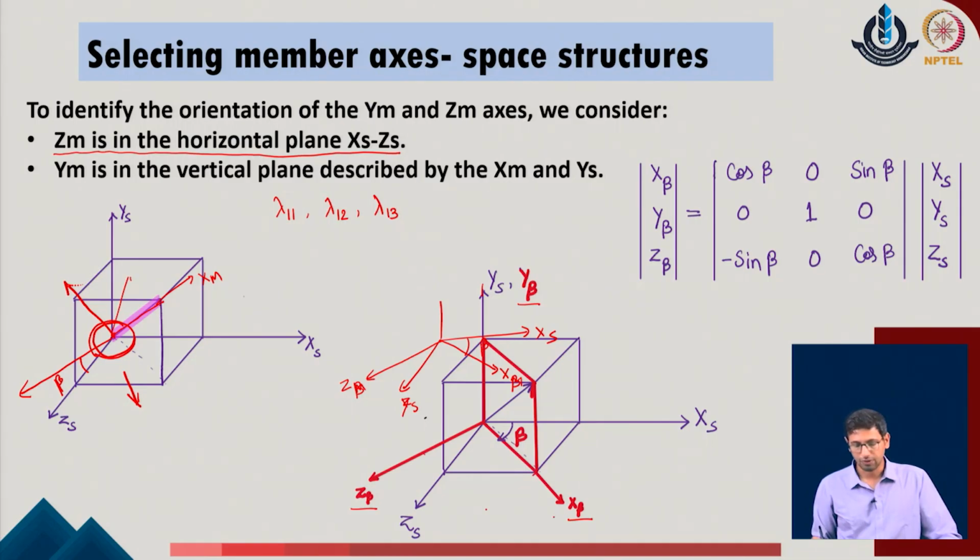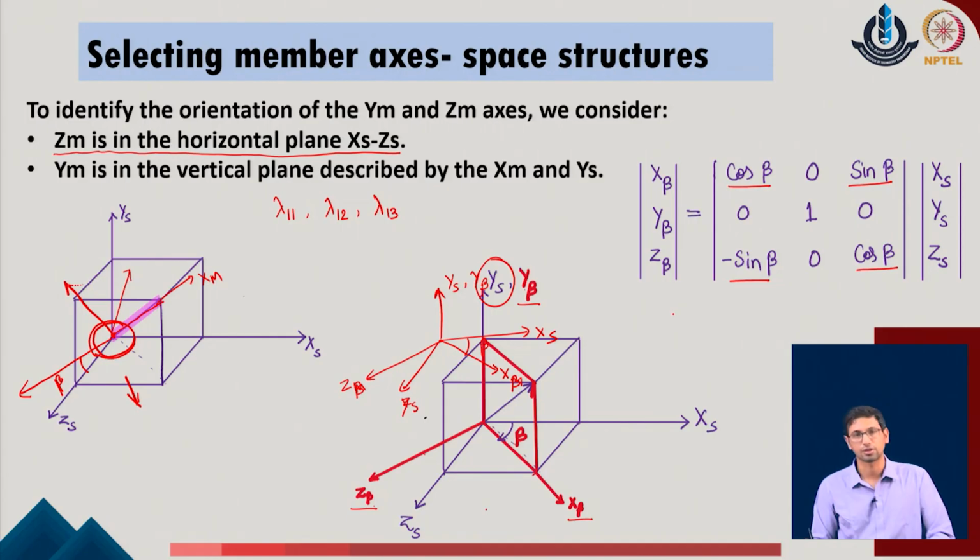x of beta, which is the first axis, y of beta which is the second, and z of beta which is the third. They all will be located with respect to a standard rotation about the axis y itself, and that gives me cos beta, sin beta, minus sin beta, cos beta in the given system. Okay. So, one can easily understand that I am doing the rotation with respect to the axis y, though here it is defined with respect to the coordinate direction which is in the clockwise sense, but now you can just